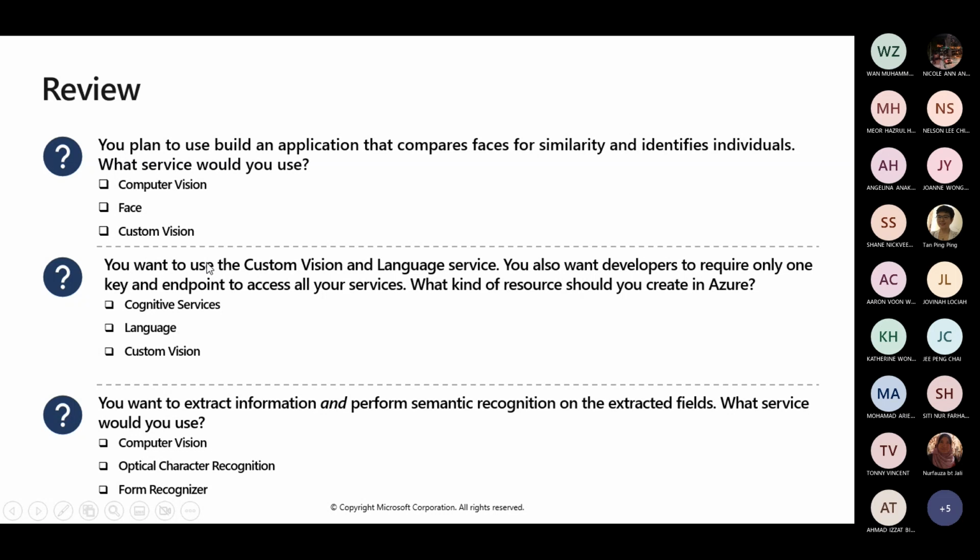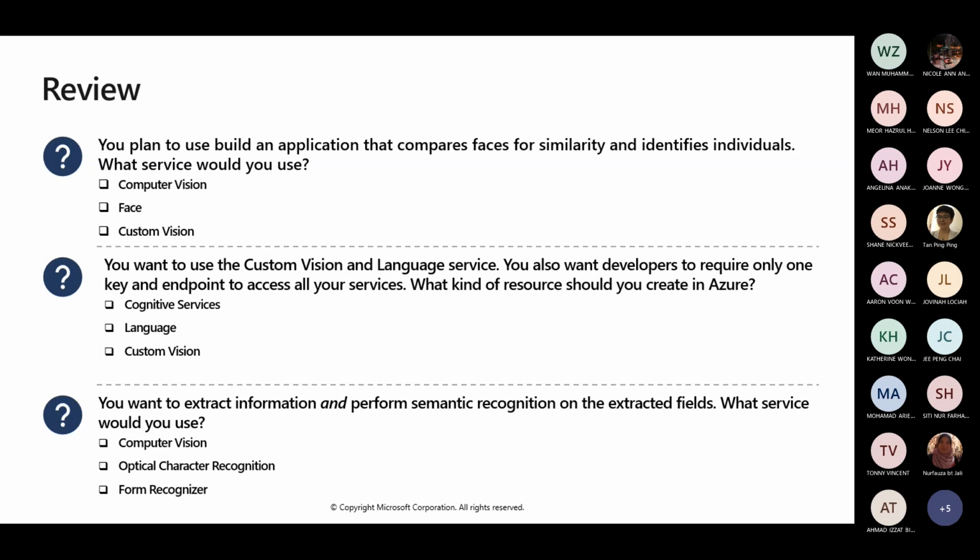Question number 2, you want to use the custom vision and a language service. You also want developers to require only one key and endpoint to access all the services. So what kind of resource do you create in Azure? This kind of question requires you to test in the system. So identify what the services are for computer vision. What is the list? And then they mention the key and endpoint. If you did not do the practice, although it's not going to come out in the exam, these practices require you to understand